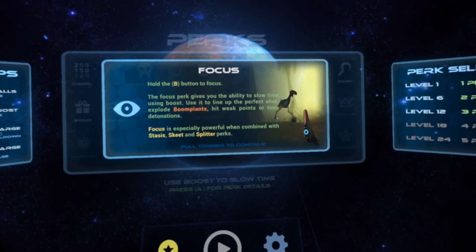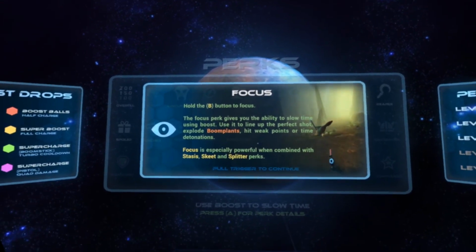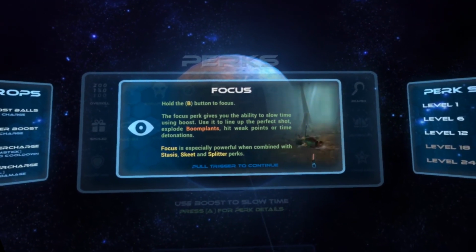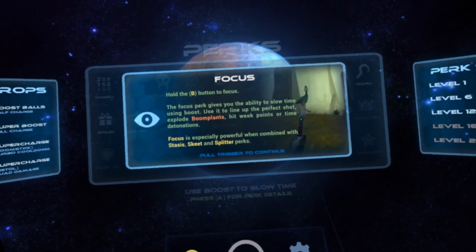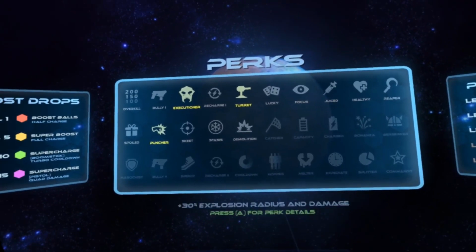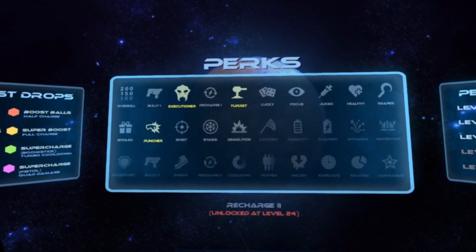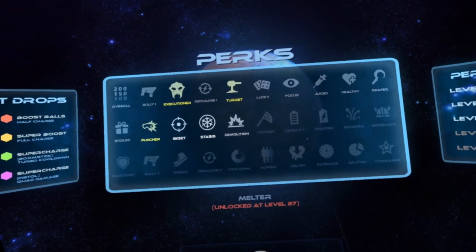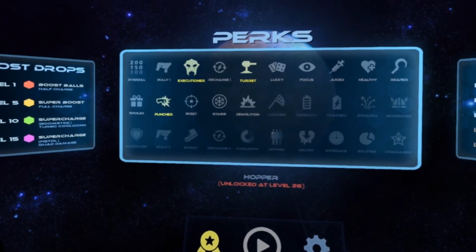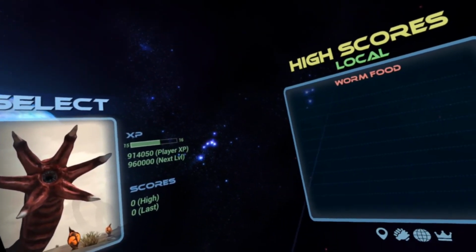Focus, which allows us to slow down time using boost. You can use that to line up the perfect shot, or skewer a terror bird like in this situation, or explode a boom plant just as something's crawling over the top of it, like the crusted longlegs we just saw. Anyway, there's lots of choice, lots of combinations that I haven't even tried, and by the end of the game you'll have 5 perks to pick from. Across the difficulty modes, into hard and nightmare mode, you're going to have to switch up the perks you use, balancing survivability versus perhaps scoring points. There is a high score table,